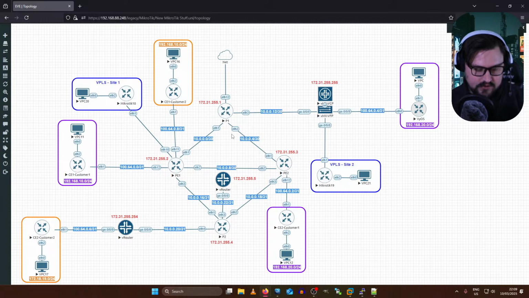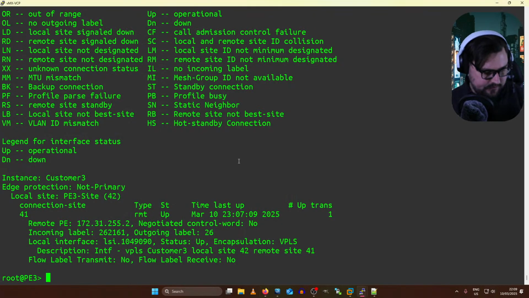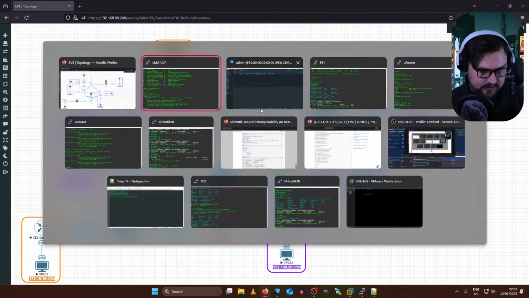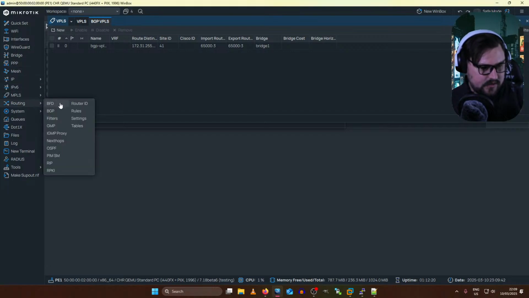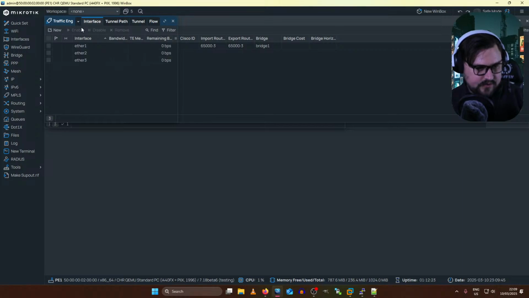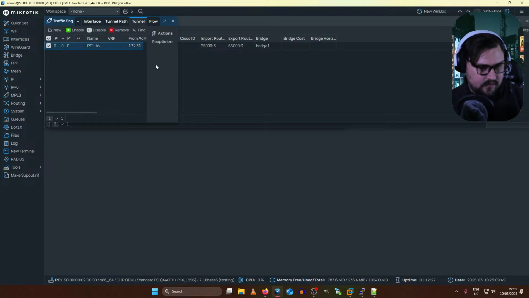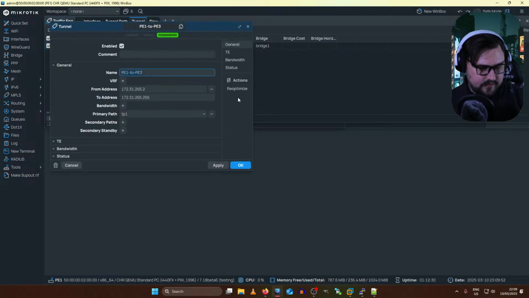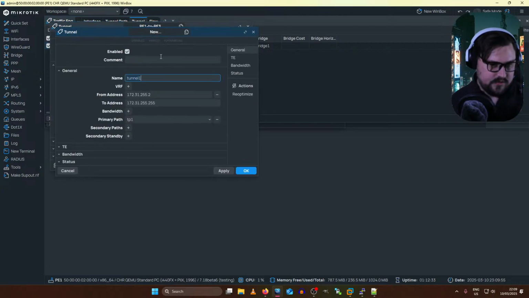So this, I might just have to build LSPs between PE1 and PE2 quickly, since this already has this customer 1 stuff, this purple site running off of it. So this should just still be working kind of. So let me see here. PE1, PE2, build LSPs. At least I can copy paste some of this. So this should just be traffic engineering, tunnel path, and let's just copy this tunnel path and then just rename it PE1 to PE2, and then this is going to be connecting to .3 using OSPF,